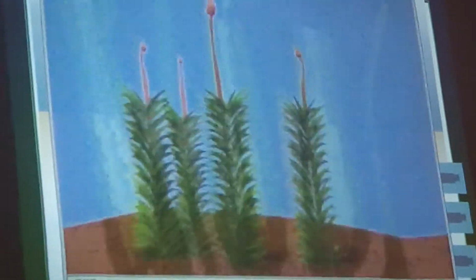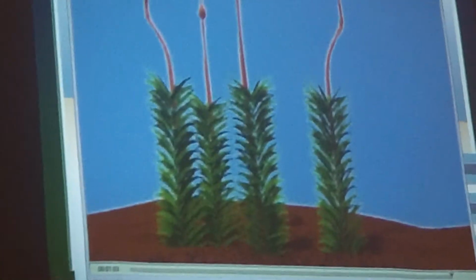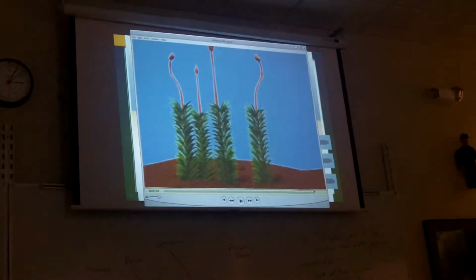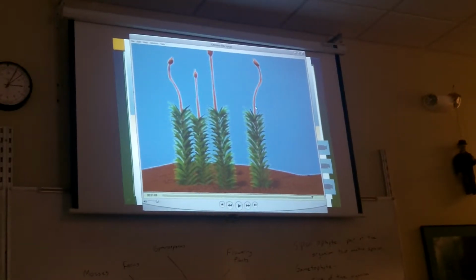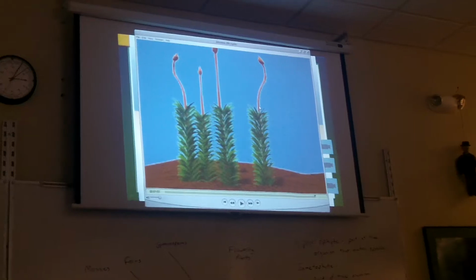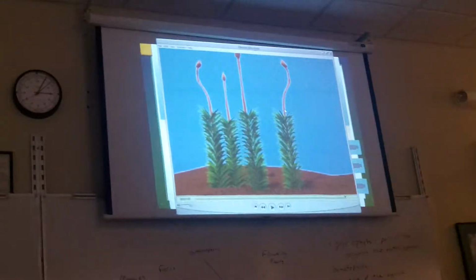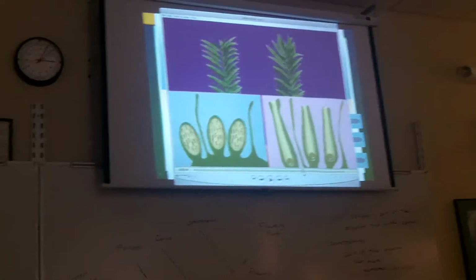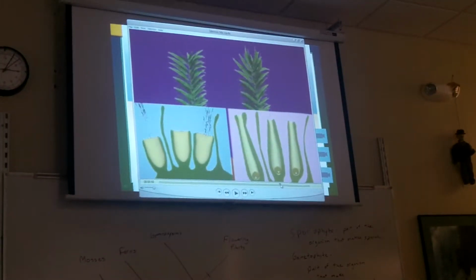You get that? So do they have to be covered in water? Yes, these things are real small. It looks like a big tall branch, but it's about that tall. A few raindrops, yeah. If it rained, you'd get a thin film of water over the whole thing, and the little sperm would be able to swim to the egg.